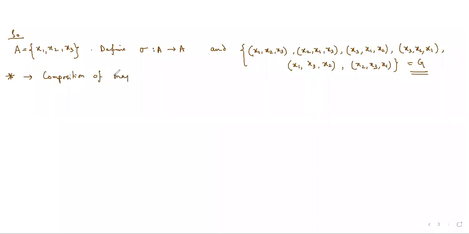So you have to be very careful about the difference between the set capital G and the set capital A. What is the composition of mapping? You know that if we consider a function f from A to B